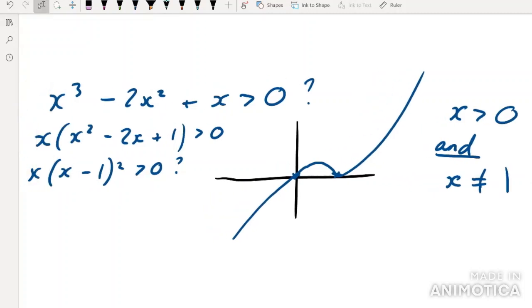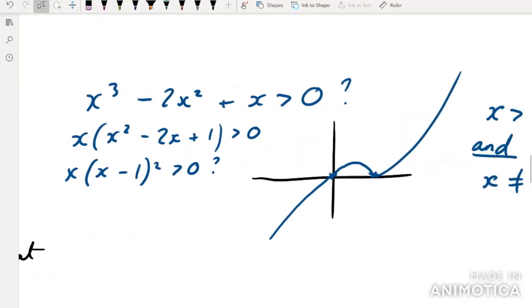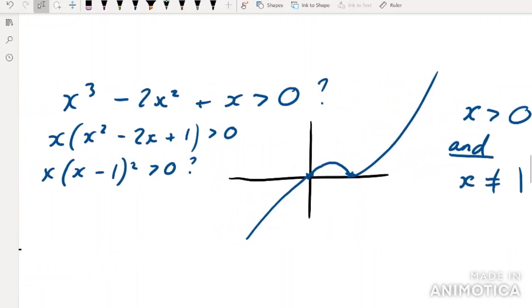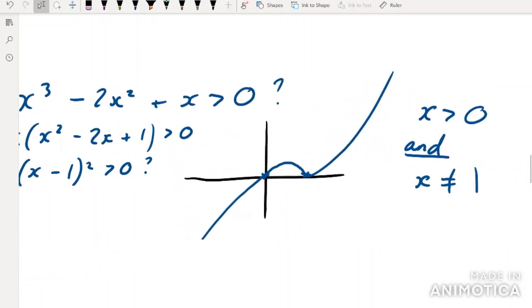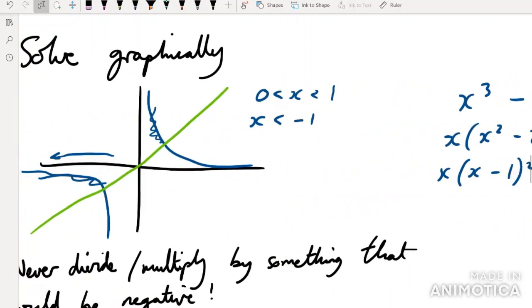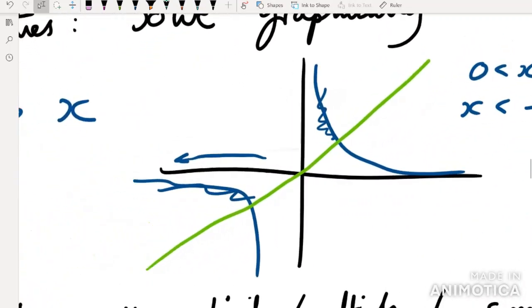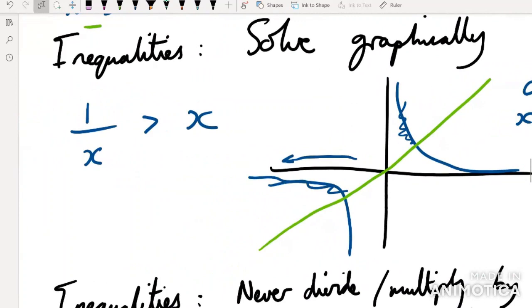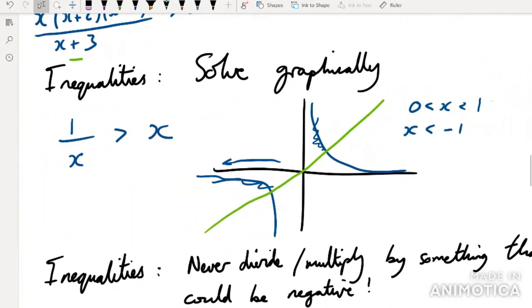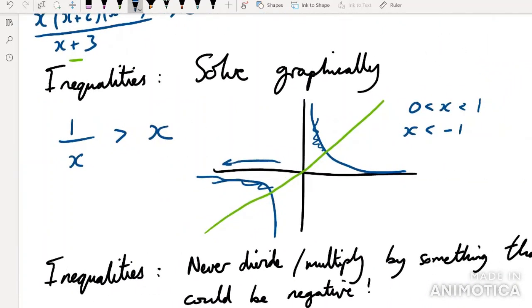So you can see graphs are just very helpful. They're quite easy to sketch, and most importantly, they make it very obvious that you're not going to miss solutions because you know what you're looking for. You're not going to miss this negative solution if you use a graphical method,